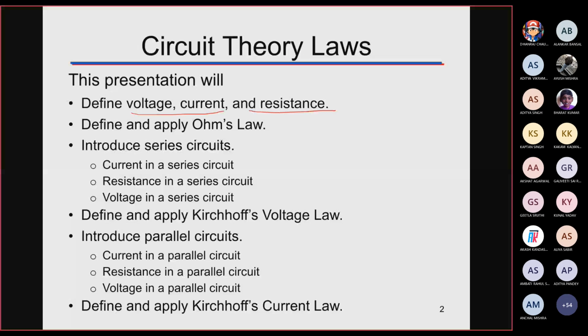Then we will see the different series types of electrical circuits, where the different components like resistor, voltage and current. I will mainly talk about the resistor, voltage and current today, but in any electrical circuit you may have either an inductor or a capacitor also. So how the current in a series circuit is calculated, how we can calculate the resistance of a series circuit, then how to estimate the voltage in a series circuit. These things are very basic, which I hope all of you know.